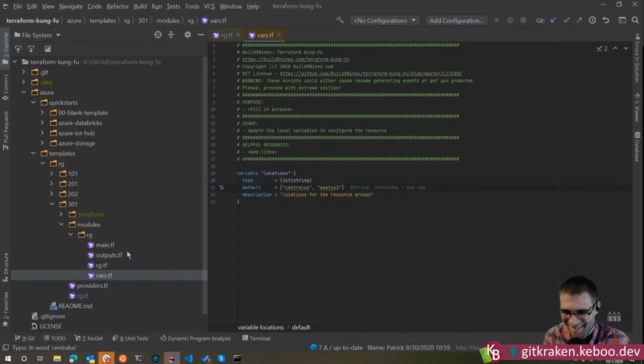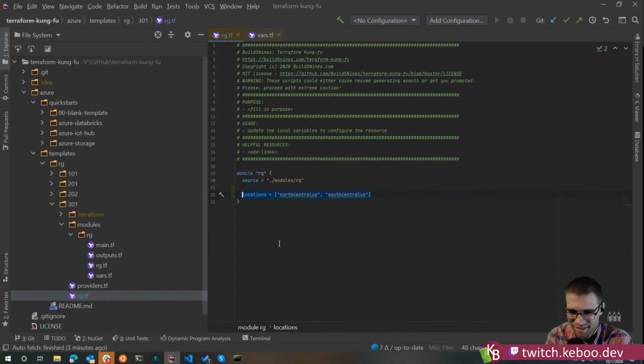We probably want the default to be something small, but to override that, the way I think of this is runtime. That's the word I use in my mind. At runtime, I'm passing something, meaning I'm typing terraform apply dash var and then putting it there, providing that value when it actually runs, what I want it to say.